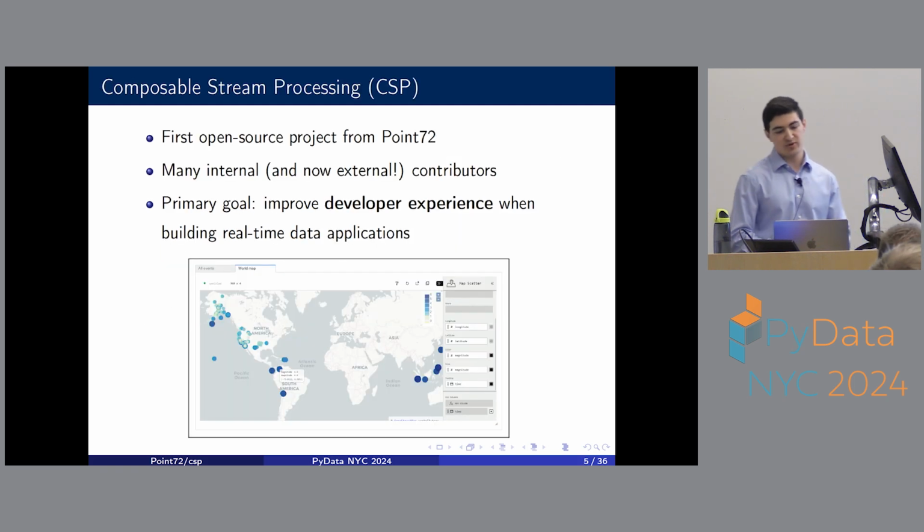Composable stream processing is a big milestone for us because it's the first open source project that we've made at Point 72, as we're making more projects now as well. It was the result of many internal contributors, many of whom were working on the project far before I joined the company, and also now some external contributors who have been adding more features to our GitHub, which is now public. So the primary goal when we started this project was to improve the developer experience when building real-time data